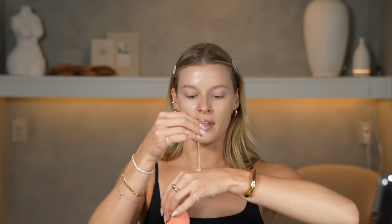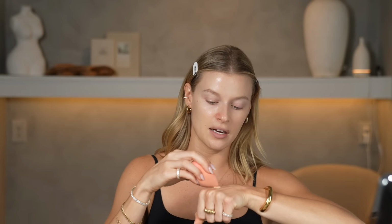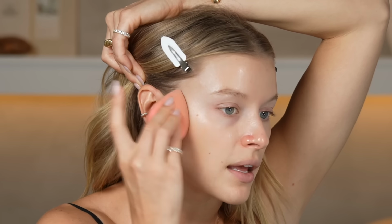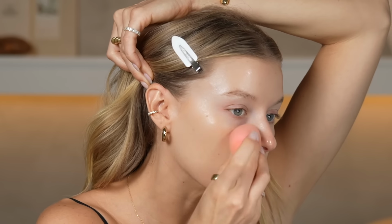So this is one that I'm gonna put a couple drops in, and then I'm gonna use my beauty blender and just give it a good mix. You could even put a glow serum in now. You could even put your primer in with this to dilute it, but you're just gonna use the beauty blender then and tap it in and blend it on the skin,